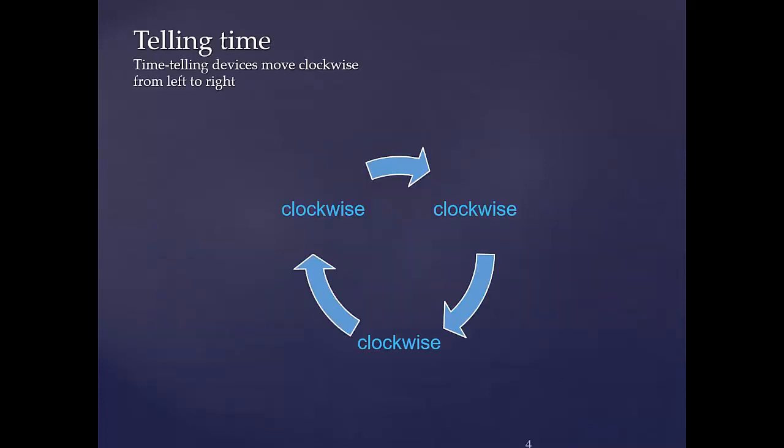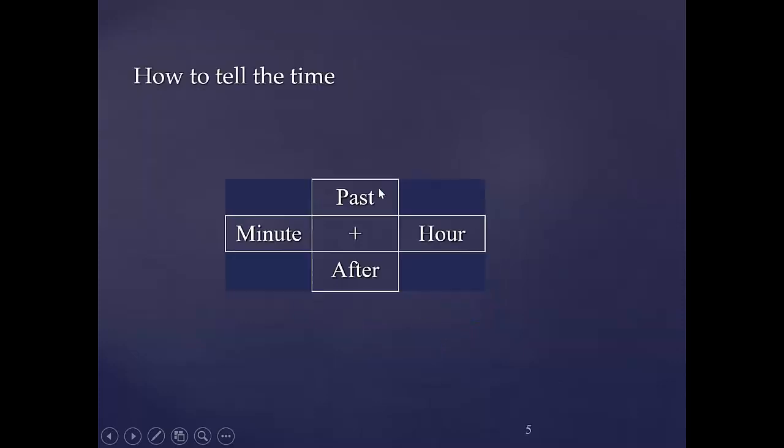Now let's move on. Okay, so when we're talking about a clock or a watch, this is how a clock moves, or how the hands move. Clockwise is going like this. Okay, so going right in a circle like this. If I want to go the opposite way, it's called anti-clockwise. But for now, let's not focus on that. For now, let's focus on clockwise. So going like this is called clockwise, you guys. This is how a watch moves.